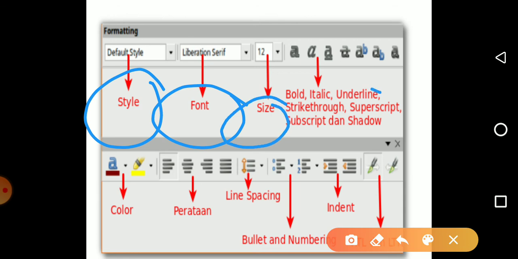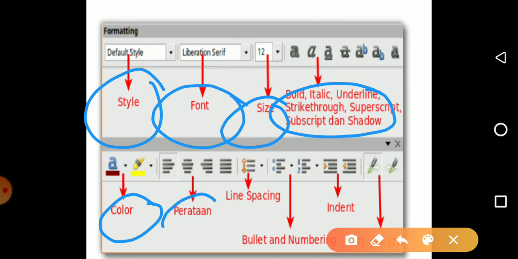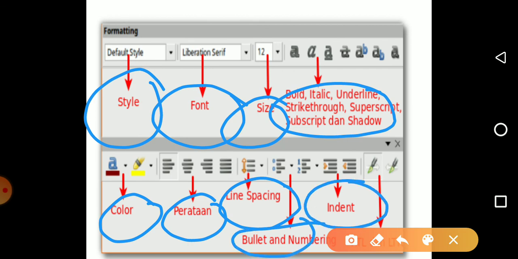You can make it bold, italic, underline, strikethrough, superscript, subscript, change the color of the text, align the text, and set the line spacing. You can also use bullets and numbering, and indentations.